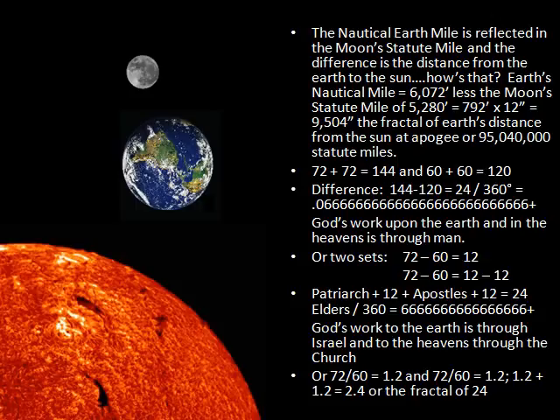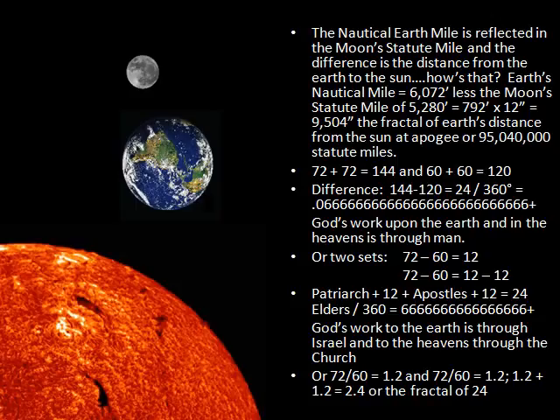That is, God's work upon the earth and in the heavens is through man, or two sets. 72 minus 60 is equal to 12. Again, 72 minus 60 is equal to 12. 12 and 12. The patriarchs 12, the apostles 12, is equal to 24 elders divided by 360 degrees is equal to 6 into infinity. God's work to the earth is through Israel, and to the heavens through the church, or